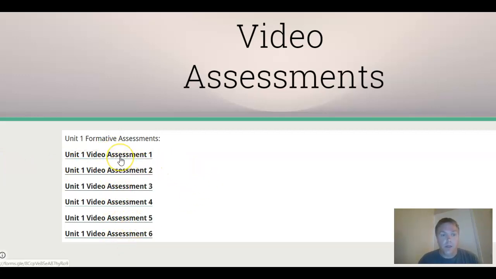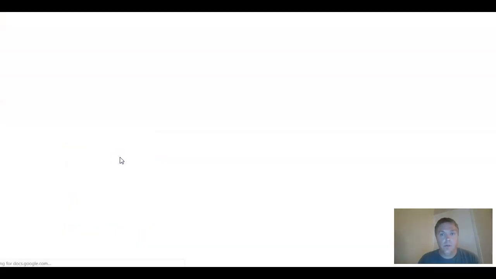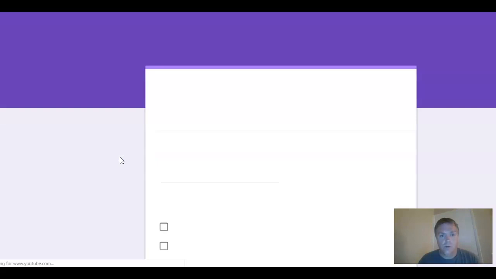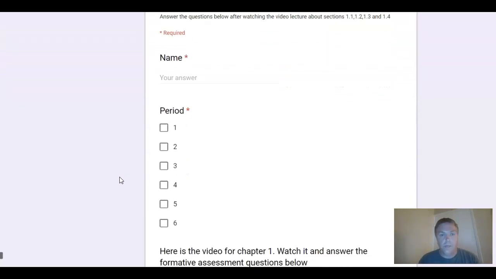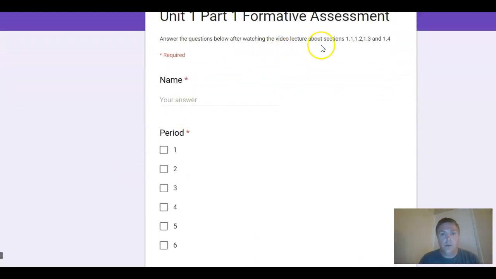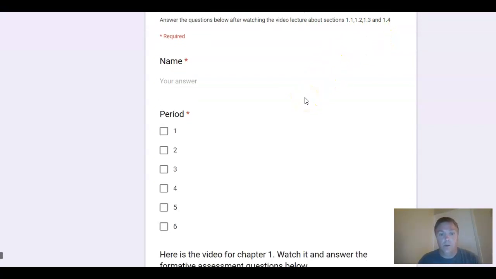So if we click on one of these video assessments, it takes you to the video assessment form. And on this form, it gives them the sections out of the textbook that they can read for more information. I encourage them to read the textbook as well, along with watching the videos.